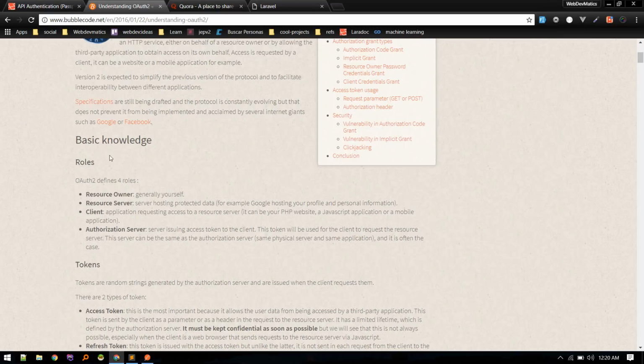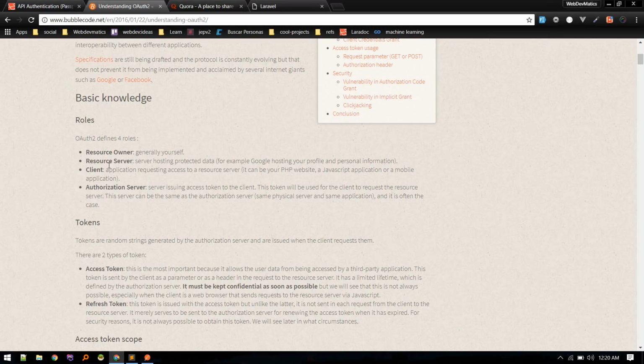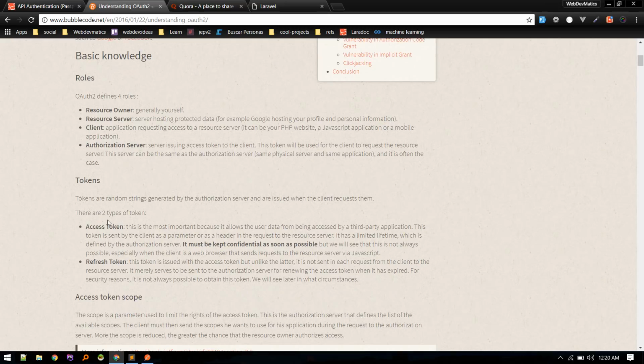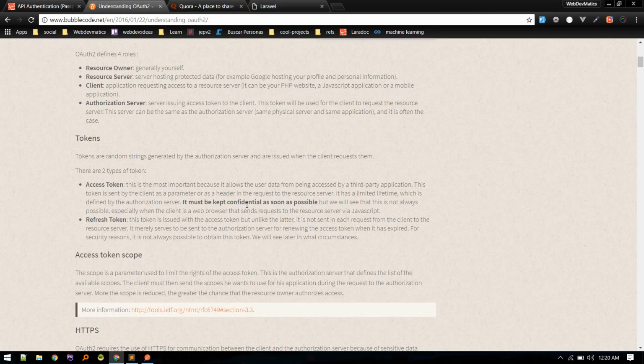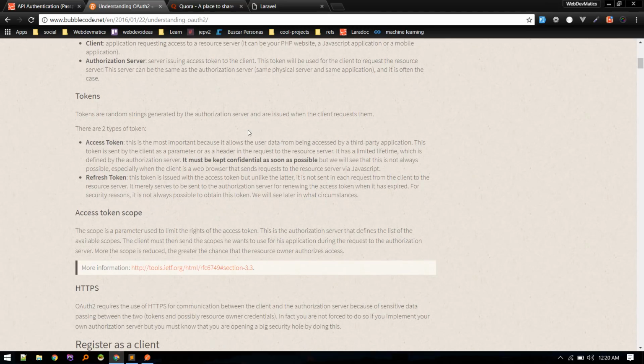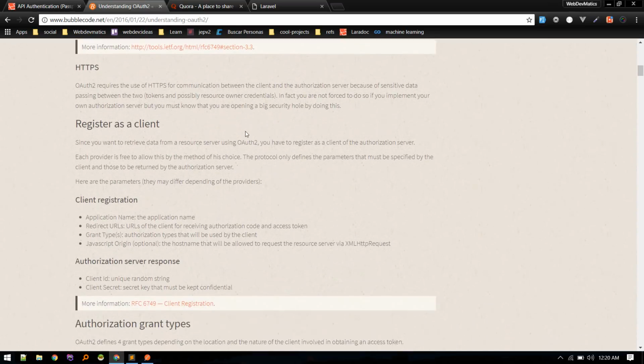From here we are sending requests. The resource owner will be ourselves, and the same with the access token, which is required to make a request to access the resource. So these are some terminologies. The main thing is